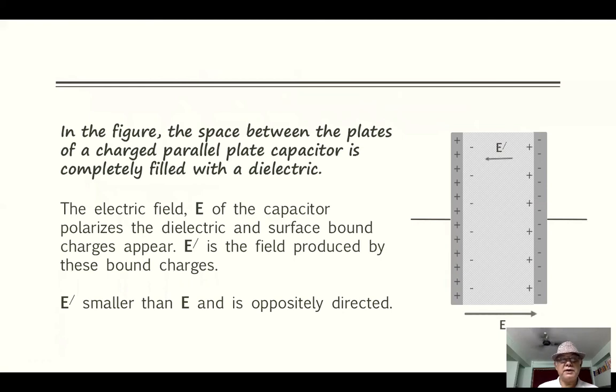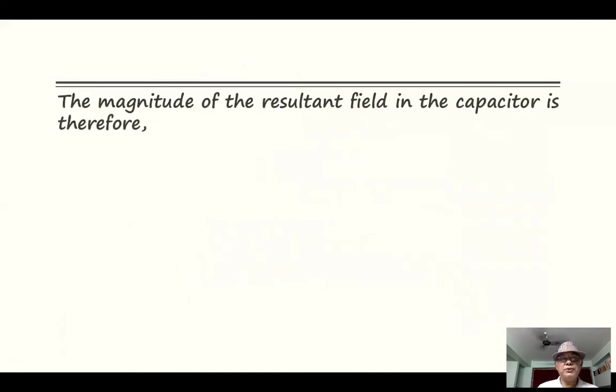E dash is smaller than E and is oppositely directed. The magnitude of the resultant field in the capacitor is therefore E subscript D equal to E minus E dash equal to sigma minus sigma B divided by epsilon naught. This is equation 1, where